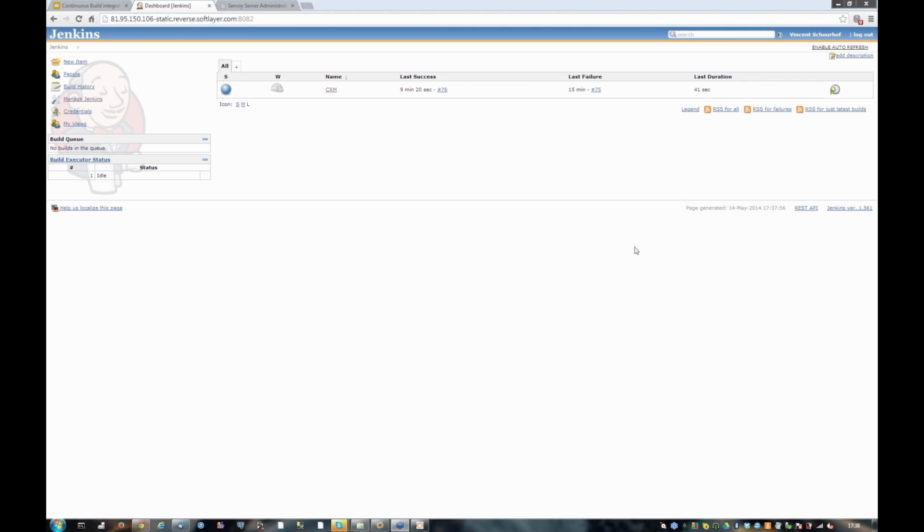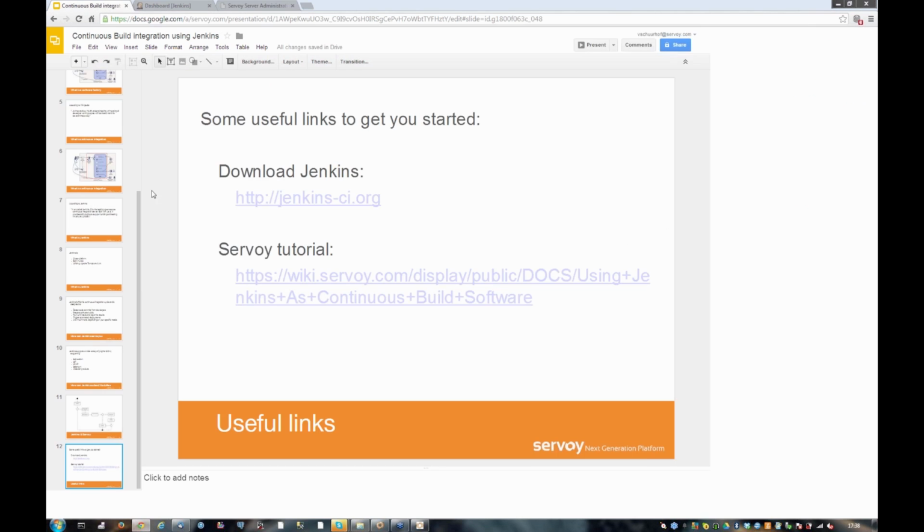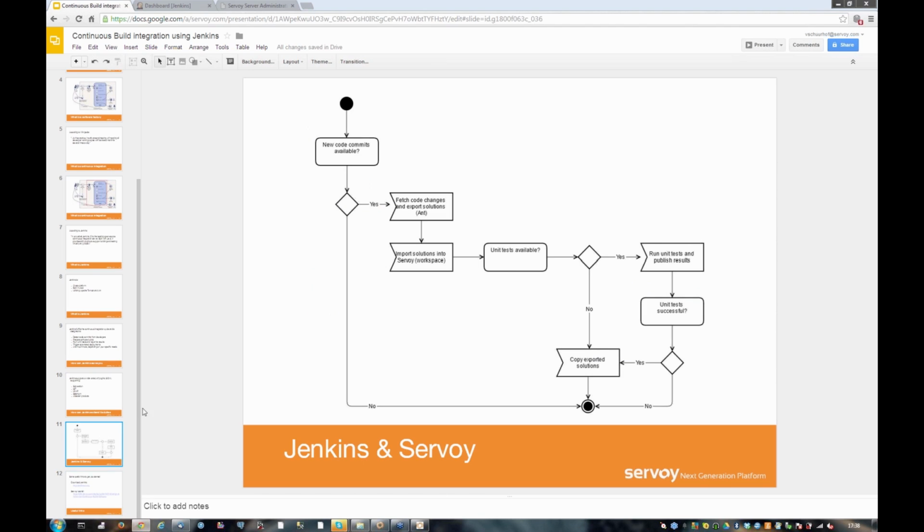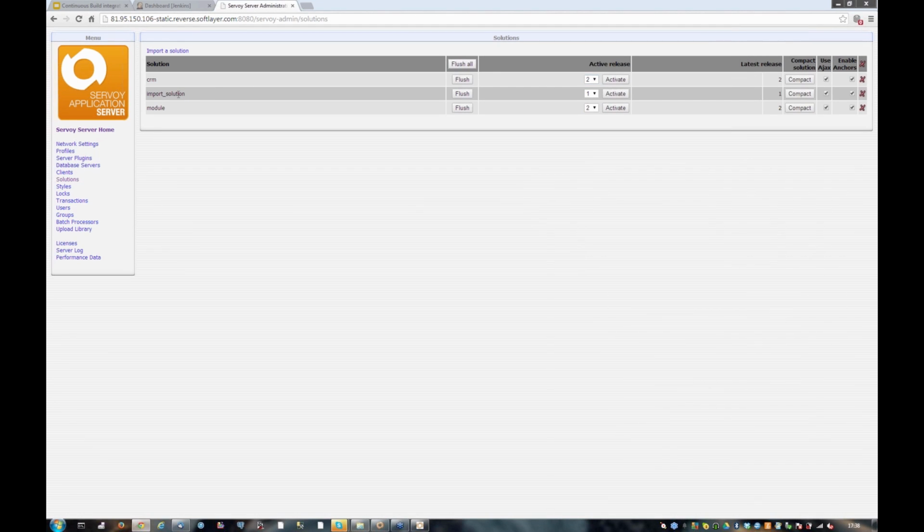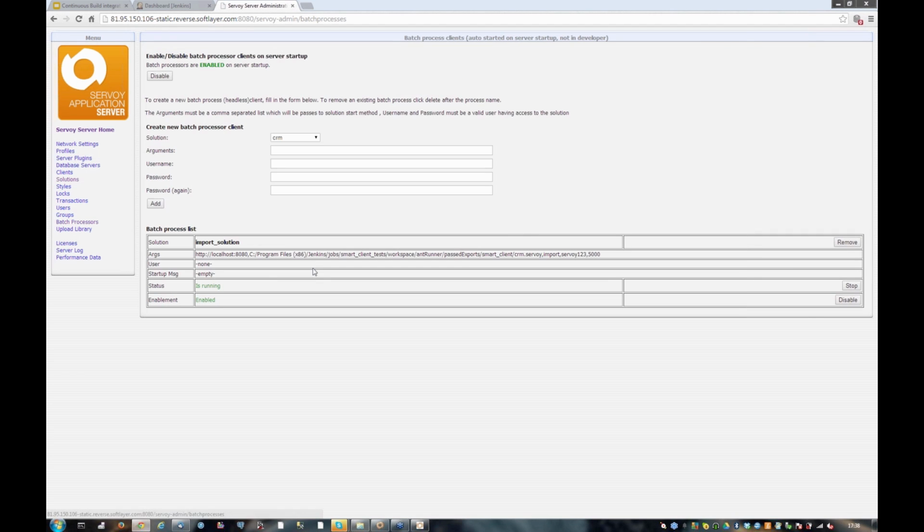Okay. Now, as I showed you before, what's actually happening is that when we take a look at this workflow diagram, as I told you, as soon as Jenkins runs the unit tests and indicates them as passed, it will just copy the solution into that folder. Now, what I've done is, if I take a look here, I have just a solution called import solution, and I start this as a batch processor. And in this batch processor, I'm just sending a few arguments. So, for example, what is the